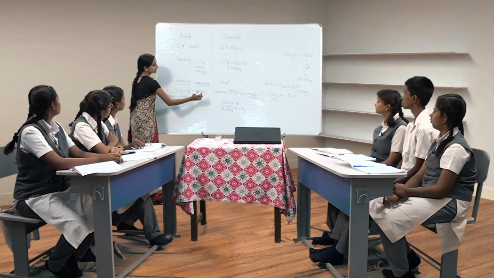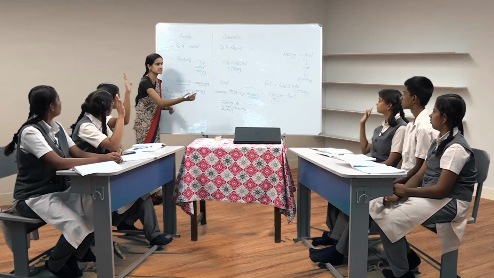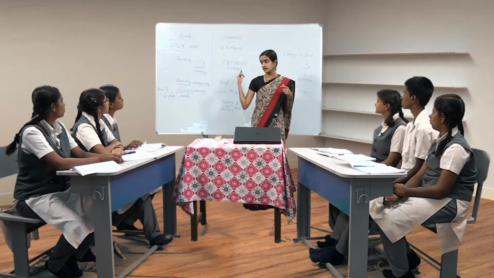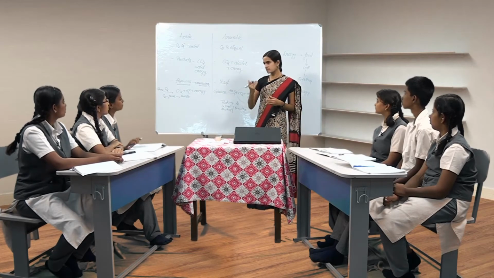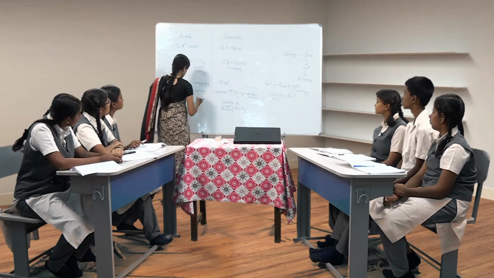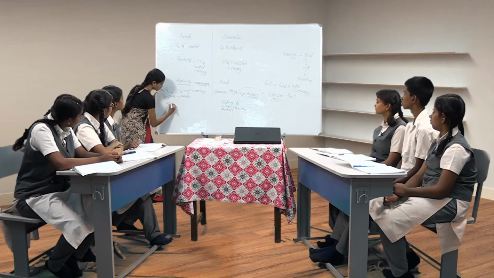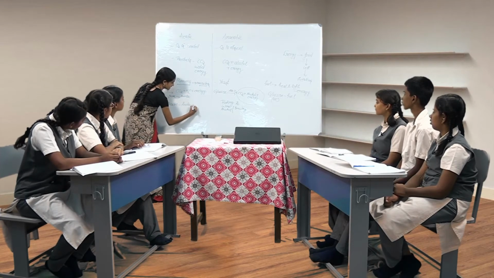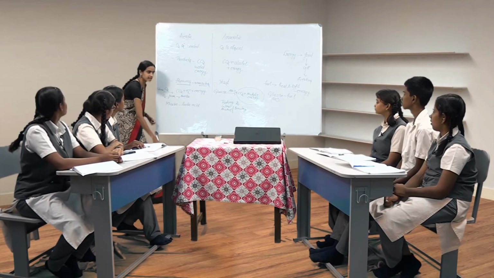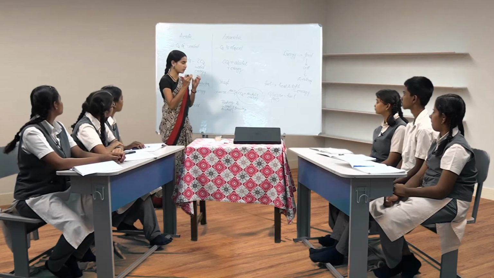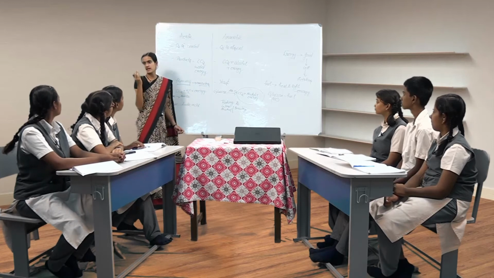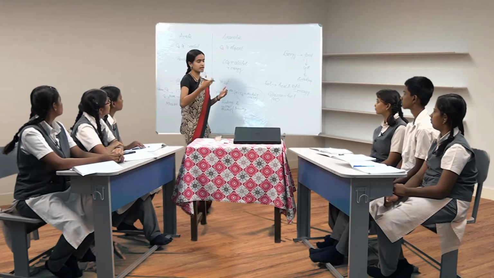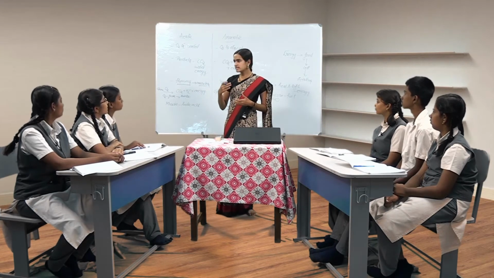So what do you think we'll get if we have anaerobic respiration in our muscles? Lactic acid. Very good. That is the one difference between anaerobic respiration in yeast and anaerobic respiration in our muscles. The byproduct which is formed because of muscle cramps is not alcohol, it is lactic acid. And when this lactic acid accumulates in our body where anaerobic respiration is going on, it will cause cramps. We'll have so much pain, then we'll have to take in so much oxygen and do aerobic respiration to get back into our normal cellular respiration.